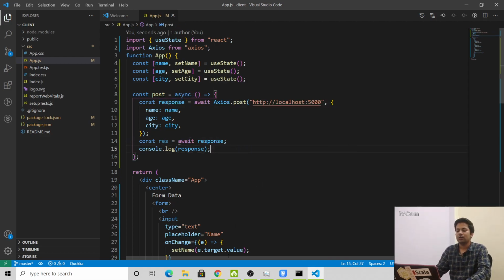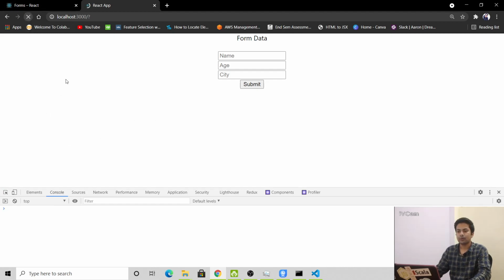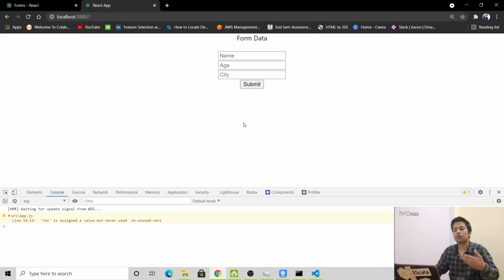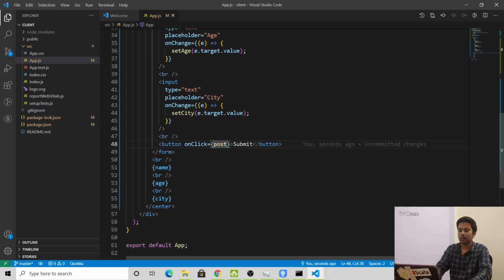So like normal, yeah, it will show an error. Now suppose we write John, and our age is 45, city is Mumbai. As soon as we do submit, see the whole page got reloaded. And one thing more, always make this event a function argument. I mean, it's not necessary, but yeah, you should. So the whole page is getting reloaded, so we'll make it a function.